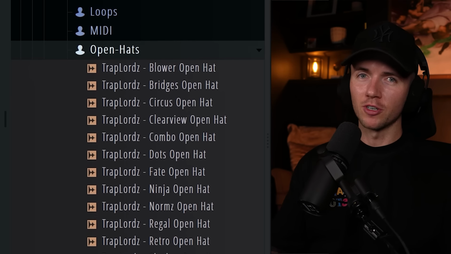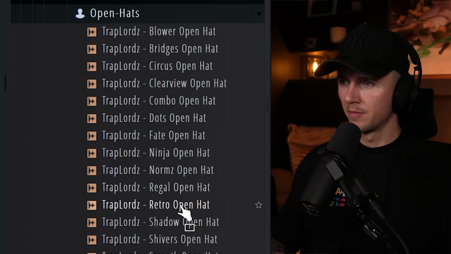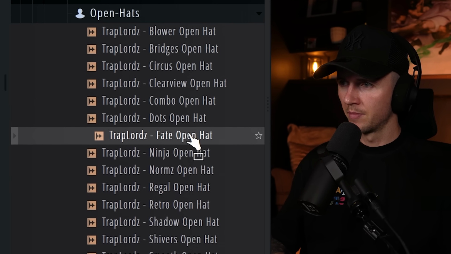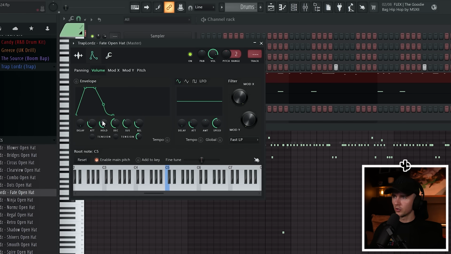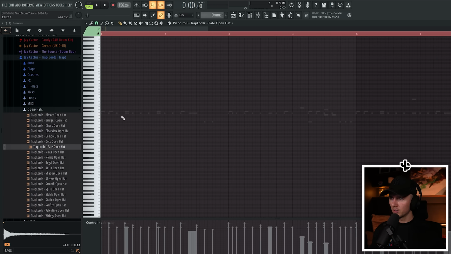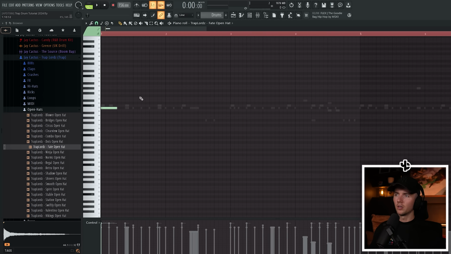Okay, next up we have percussion. So we're going to start with an open hat. We'll just find a sound that we like. I like this one, so we'll bring that in. And again, with open hats, we can also control the length, so we can bring everything down in the envelope except for the hold. And now when we extend the note, it's only going to play for as long as we need it to. Some common things you'll hear are one playing at the beginning,